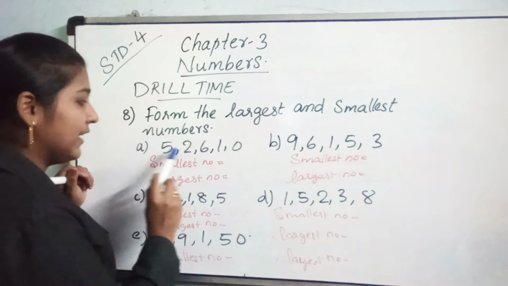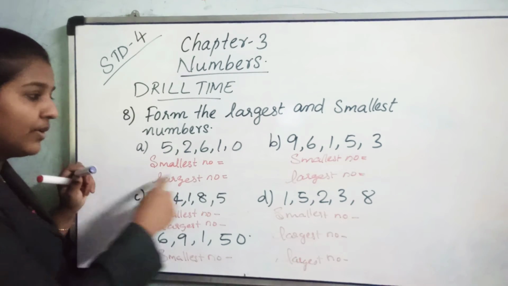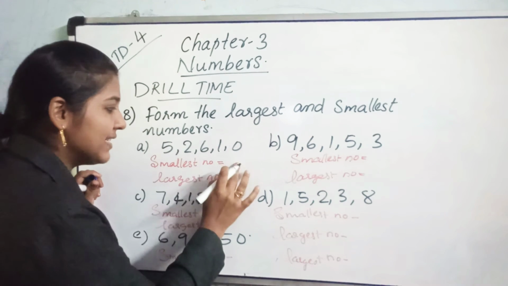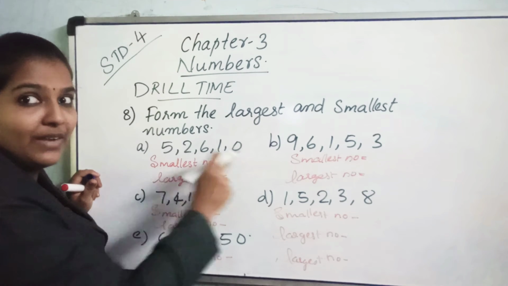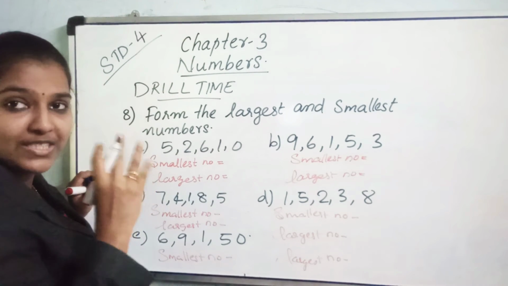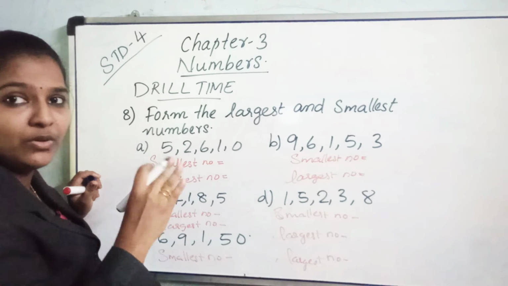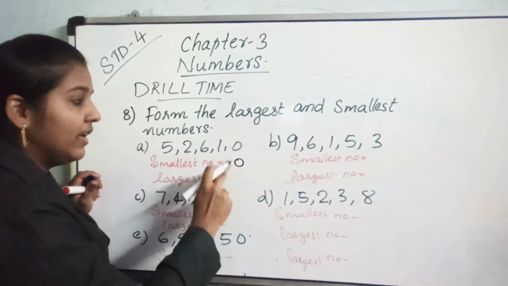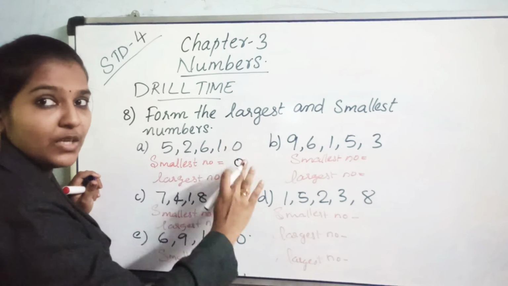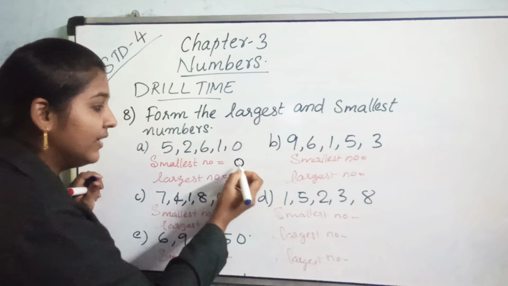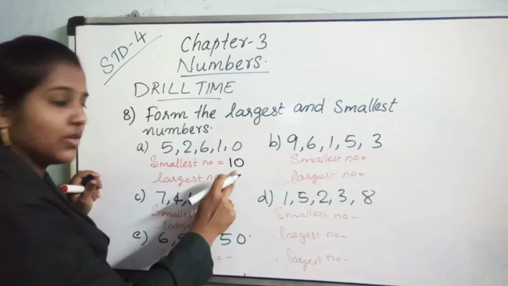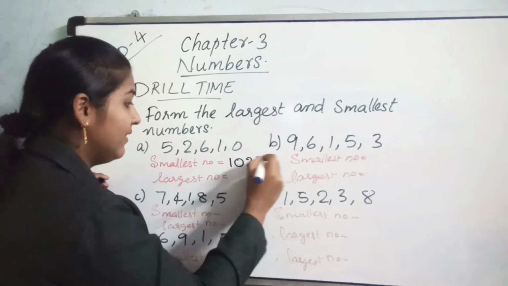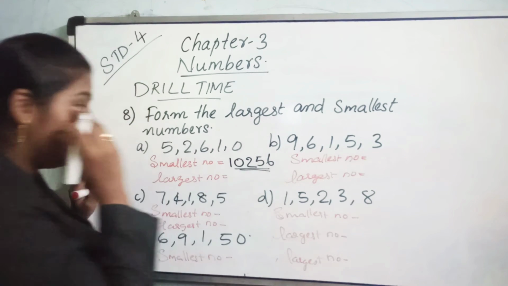So first is 52610. To get the smallest number we have to arrange it in ascending order. So here in ascending order the first number will be 0 and we know we have to interchange. If the 0 comes in the first position, we have to interchange that. So I am putting the 0 in second position. Then which number comes after that? 0, 1, like that it is going, right? So I am writing 1 in first position, then 0 in the second position. After that 2, 5, 6. Yes, this is the smallest number.